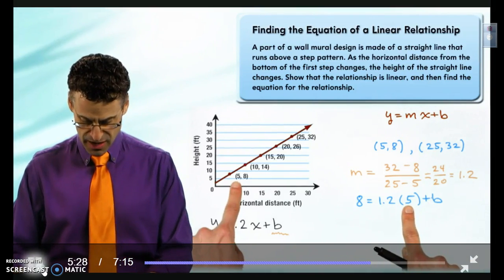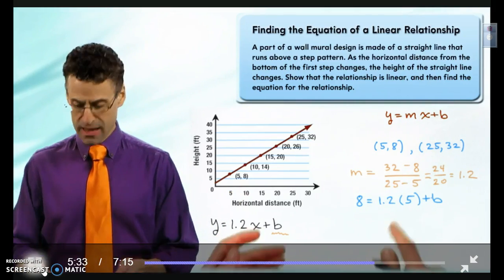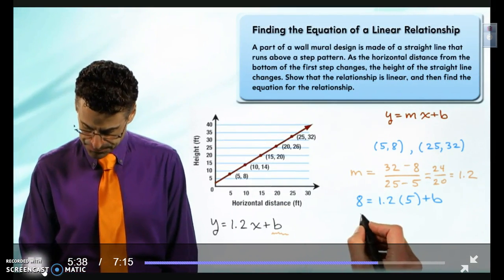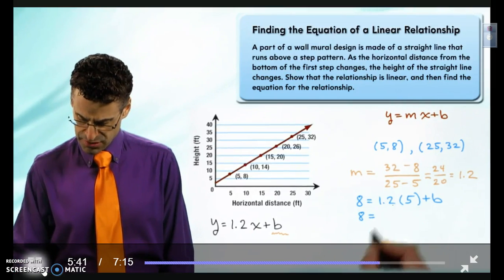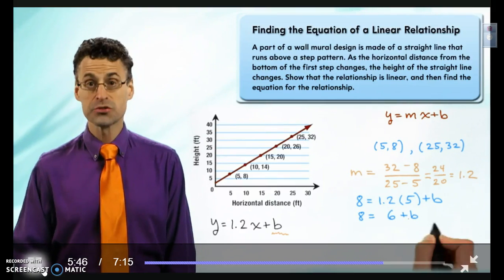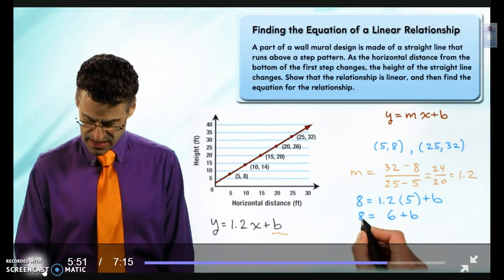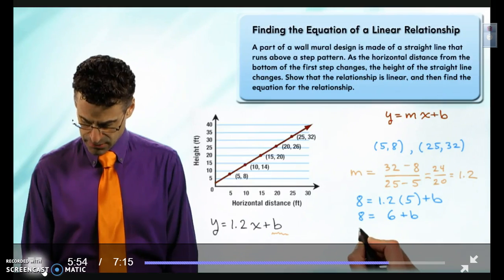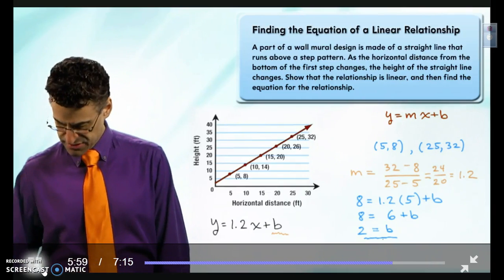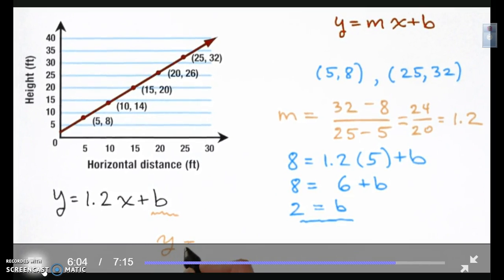So check it out. There's the coordinates 5, 8, x, y. Okay, but now everything is a number except the b, so we can figure this out. So we see that 8 equals 1.2 times 5, that's easy, that's just 6, plus b. And now if I subtract 6 from both sides to undo the addition of the 6 here, we see that 8 minus 6 is just 2. And so I see that b equals 2, and that's the b value. And so now I can come back and write the equation of the line once and for all. y equals